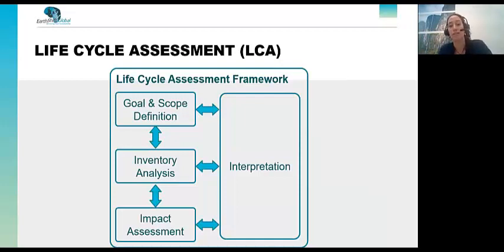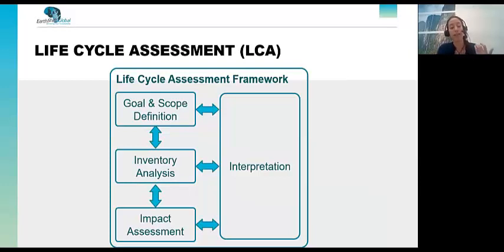If we're looking at developing a new material that may have many applications, we may not know what the scope is. We may not have an exact functional unit in place because this material with these properties that we're developing may be used in batteries or certain electronics or, I don't know, lightweight materials, right? So if we don't know what the functional unit is, it's really difficult to define the scope and, of course, the goal. So that's a challenge for these technologies that are really early on in the development.